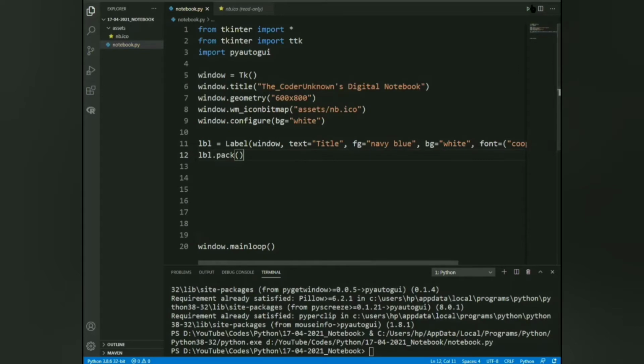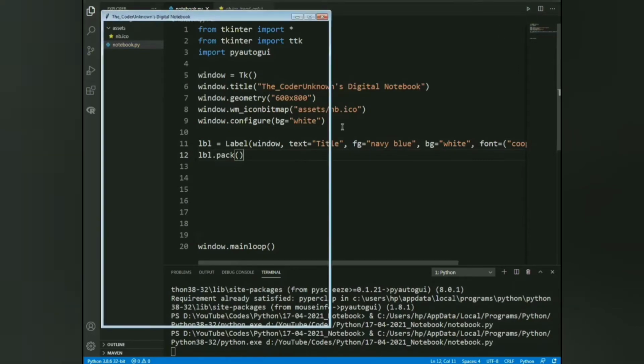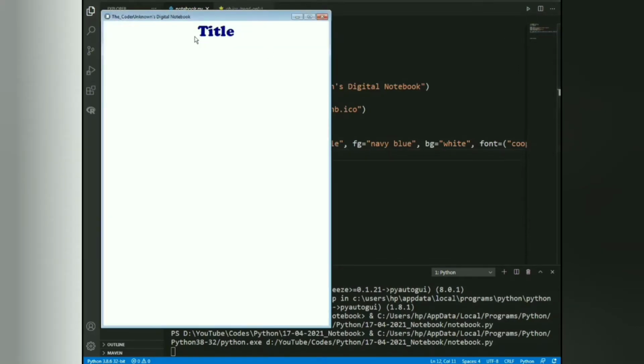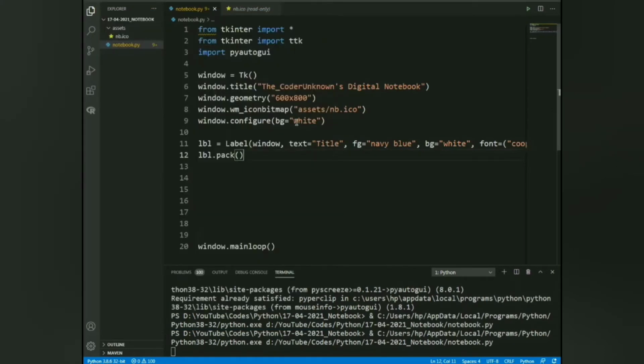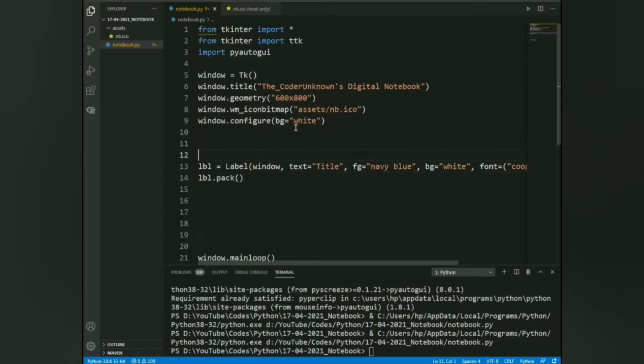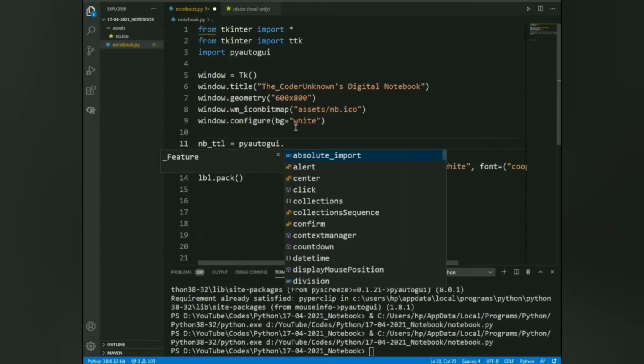Now let's try running this code. You can see that our notebook is having a title named label, but now we want our title to be a user input. So let's take it from the user. We will take it using PyAutoGUI. We will use PyAutoGUI.prompt for the same.